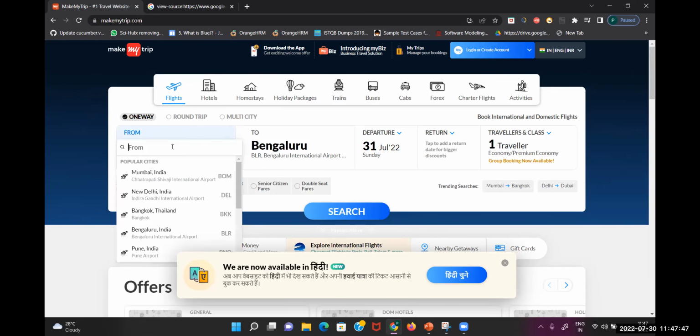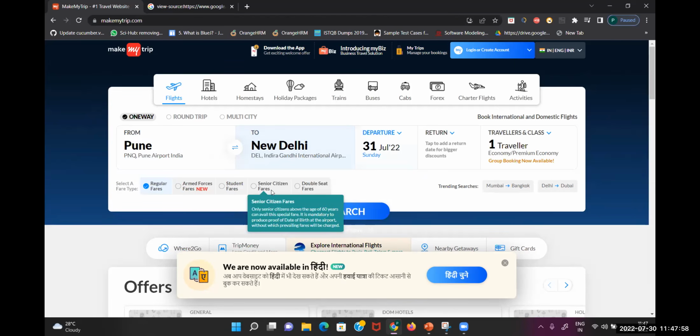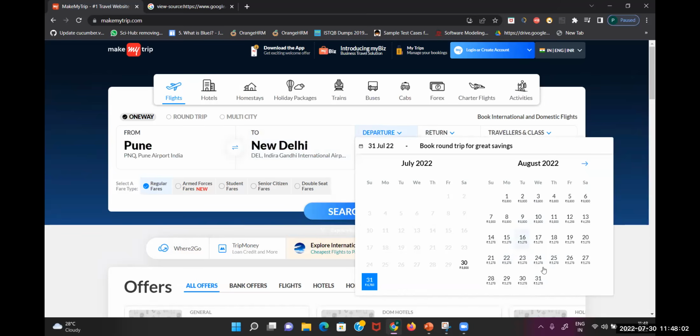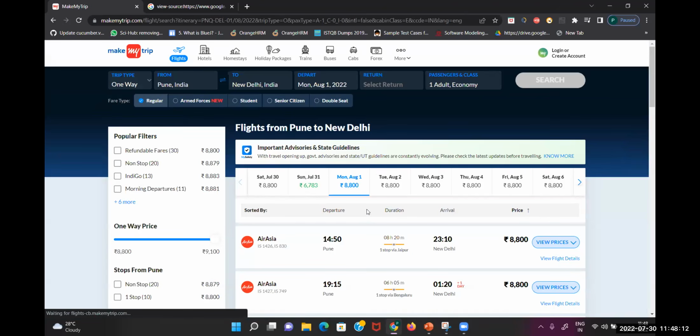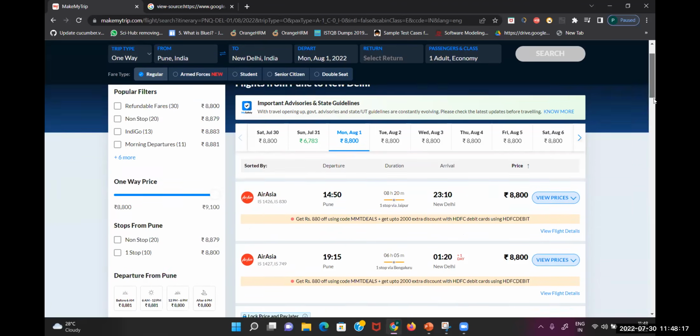Suppose I'm just looking for some area. Let's say I just want to book some flight. So if I go from Pune, I just want to search this flight from Pune to New Delhi. Fine. And obviously I will select some date, let's say August, I just want for 1st August. Fine. And if I go to search,